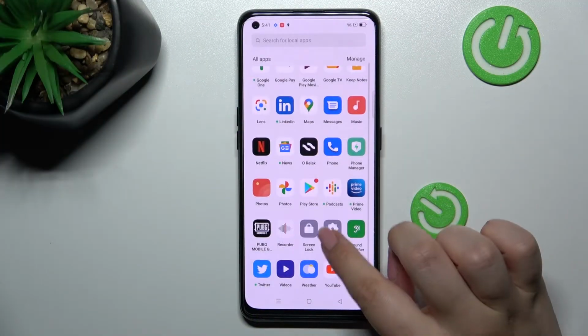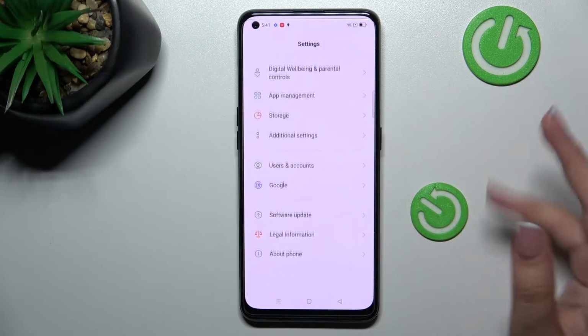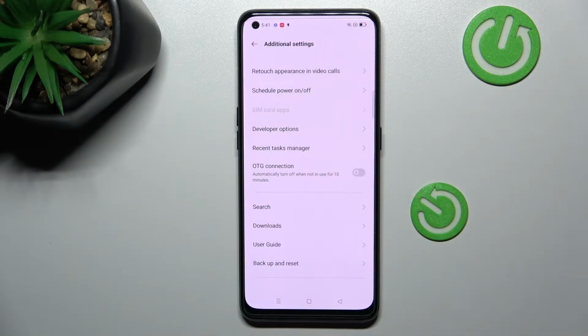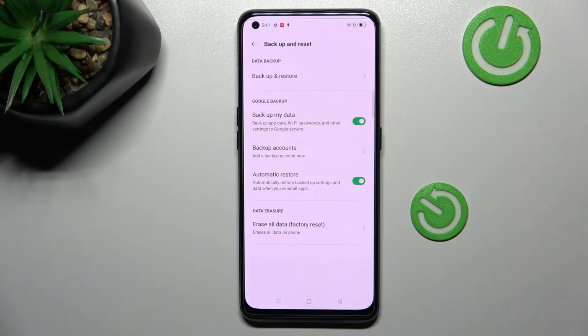So first of all, let's find and open the settings, and now we have to scroll down to the very bottom to find additional settings. Now let's scroll down to the bottom again in order to find backup and reset option. And as you can see here, we've got whole Google backup section, and in order to activate the backup option,